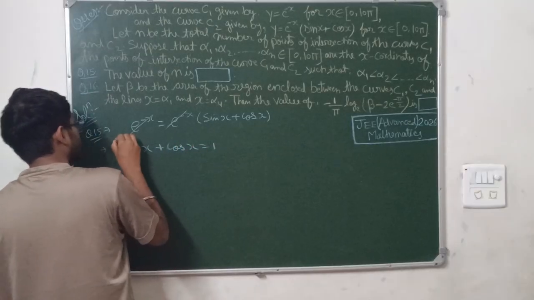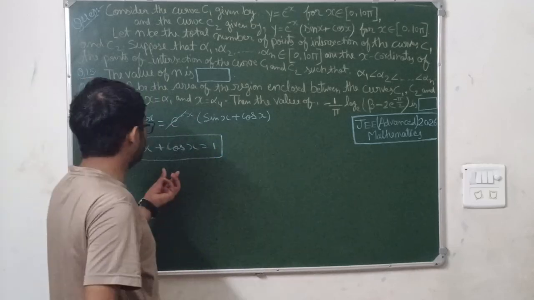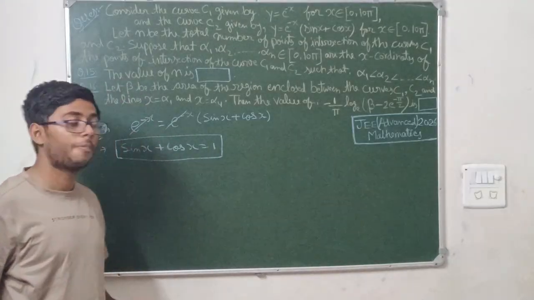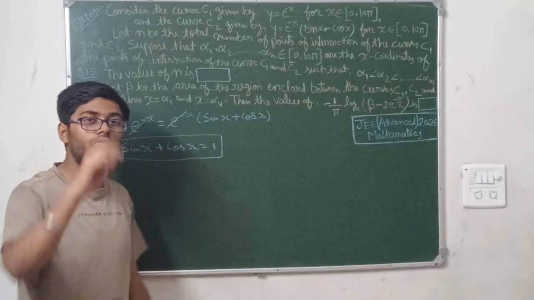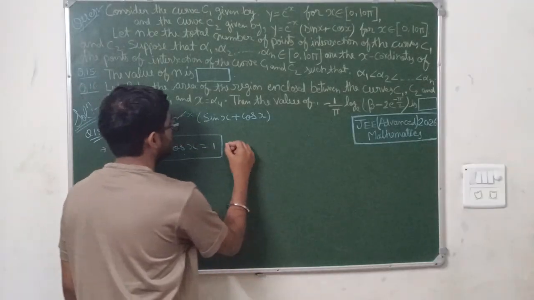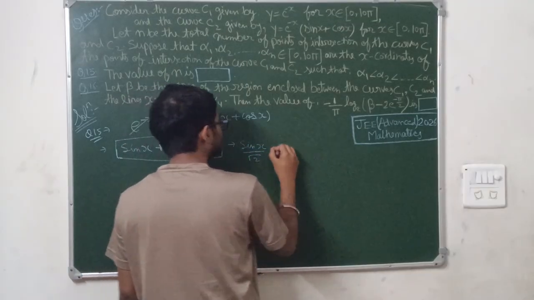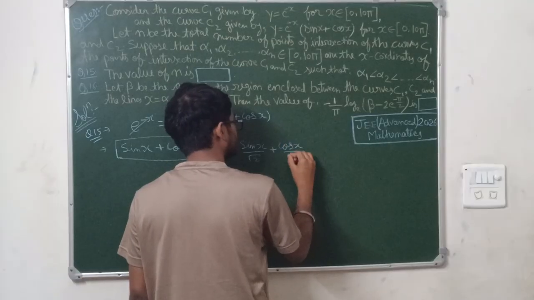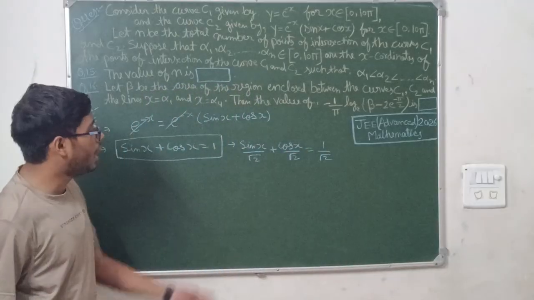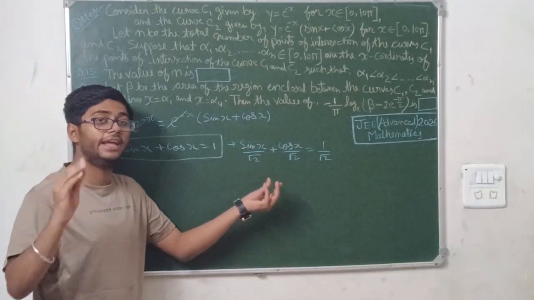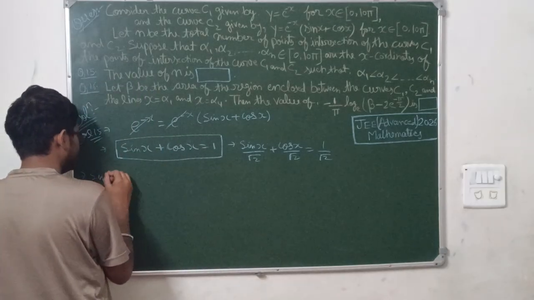Now this is a very familiar equation because in class 11th trigonometry you generally learn how to find the general solution of these equations. Generally what you do here is multiply both sides by root 2. Just see here, we will multiply both sides by root 2, means sin x by root 2 plus cos x by root 2 is equal to 1 by root 2. Equation is balanced. Now you have to convert this into sin a plus b form. So you can write it as sin x as it is.